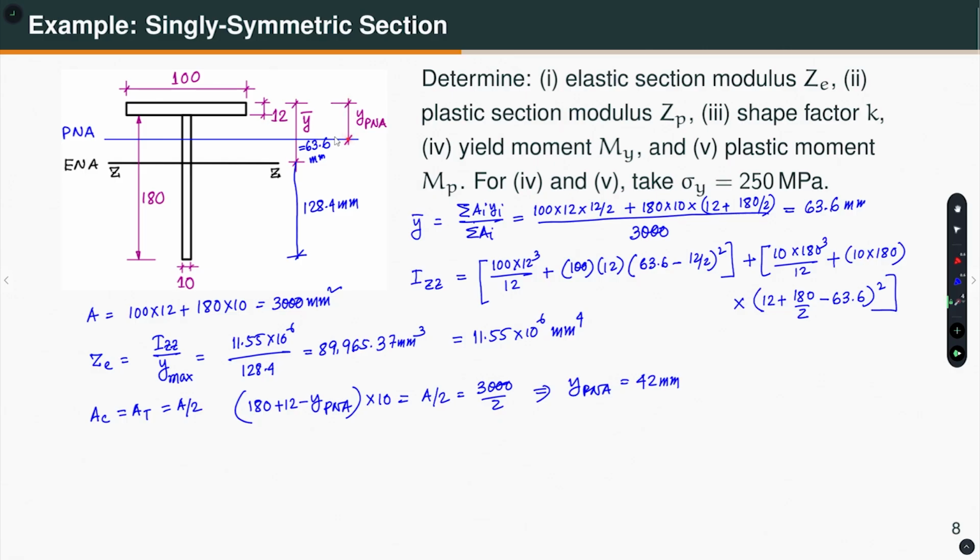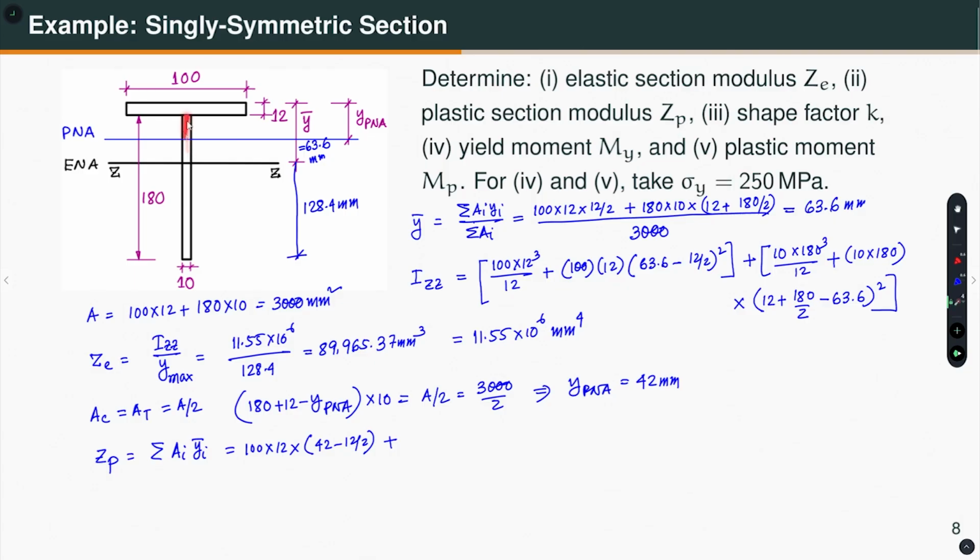So, it has moved up, right. Once this is determined, I can calculate ZP again in two ways. One is calculating the centroid of all the areas, and the other is to consider each area separately, so A_i y_i bar. Let us say I take this one first, then I get 100 into 12 into the distance from the plastic neutral axis, that is 42 minus 12 by 2, plus then this